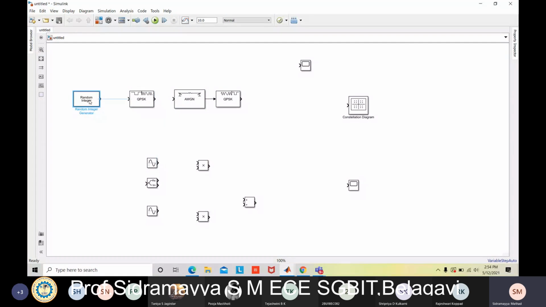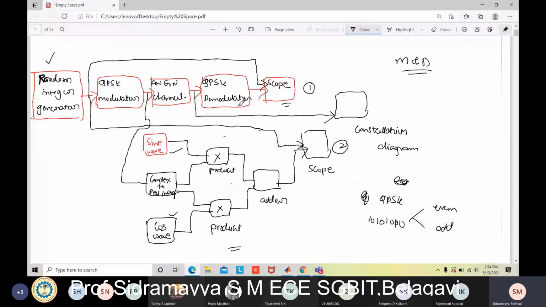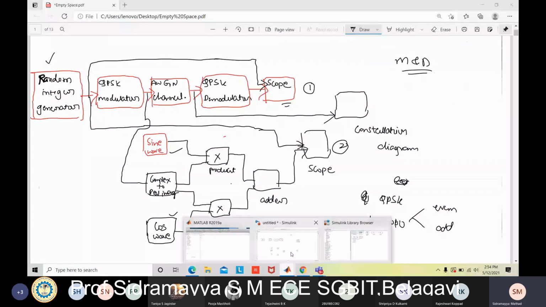So I kept the components as per the block diagram. Look at the block diagram, one, two, three, four, five. I arranged the components as per the block diagram.